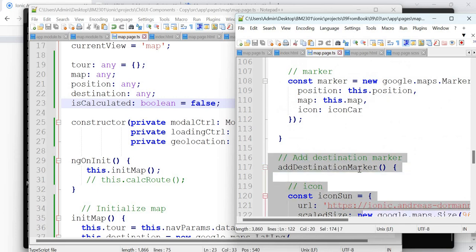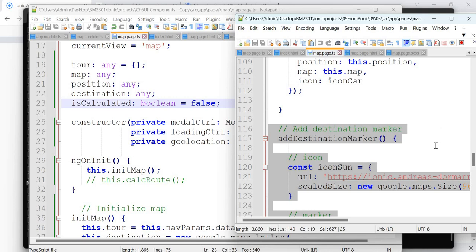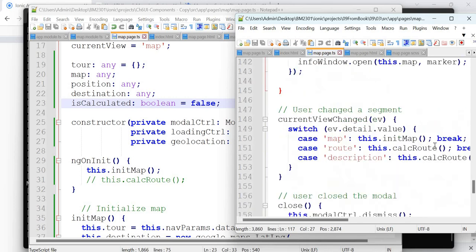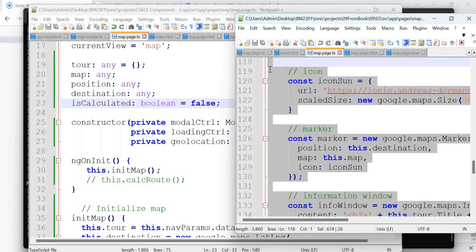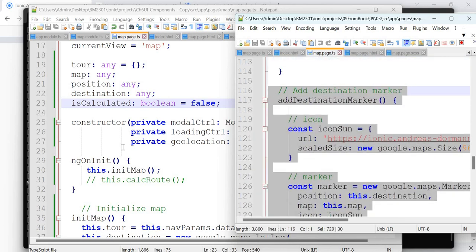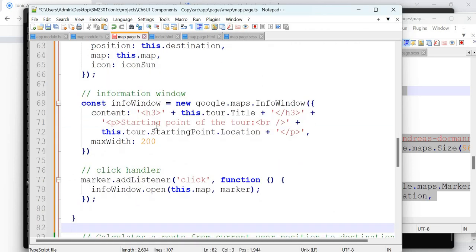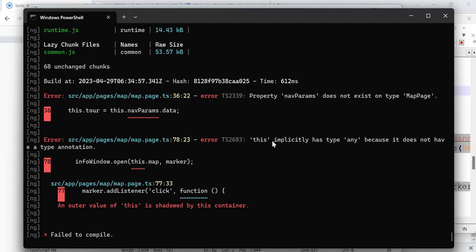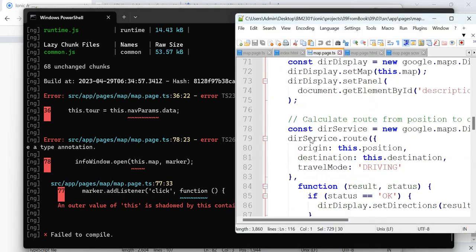Yeah, this is the addDestinationMarker. I'm not sure where it ends. Yeah, until here, right? So I'm going to copy addDestinationMarker, which I've done. Now it has an issue with this, it implicitly has type any, and then navParams does not exist. So there are two errors now. One of them is the nav